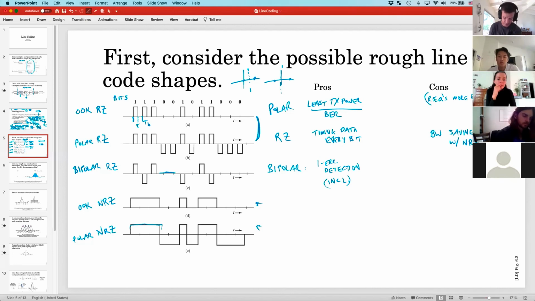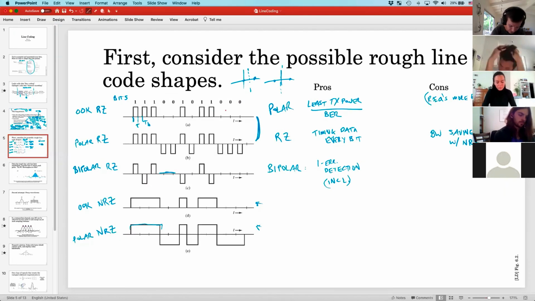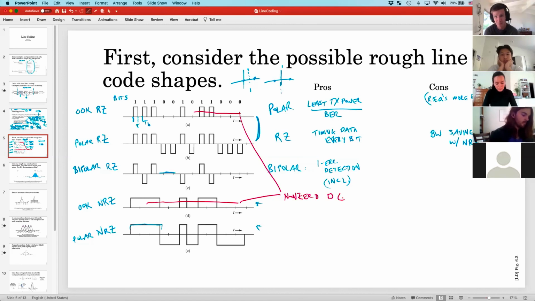All right. There is another kind of non-obvious feature of the methods here that go positive and negative. I want to point out that this guy and this guy, the on-off keying, are both going to have a non-zero DC component because they never go negative. And that's usually unacceptable